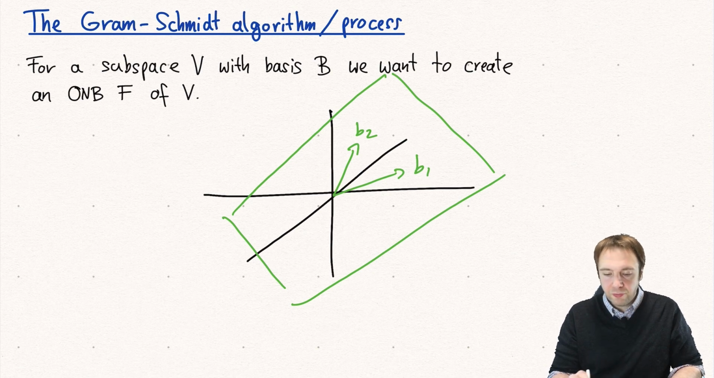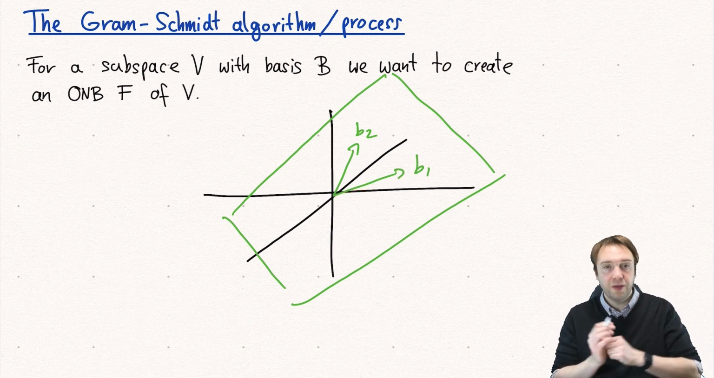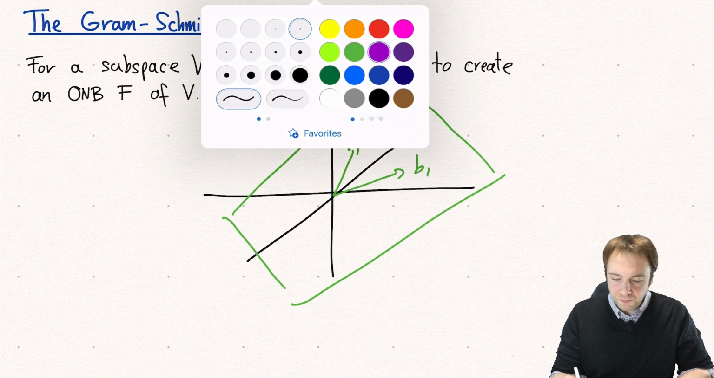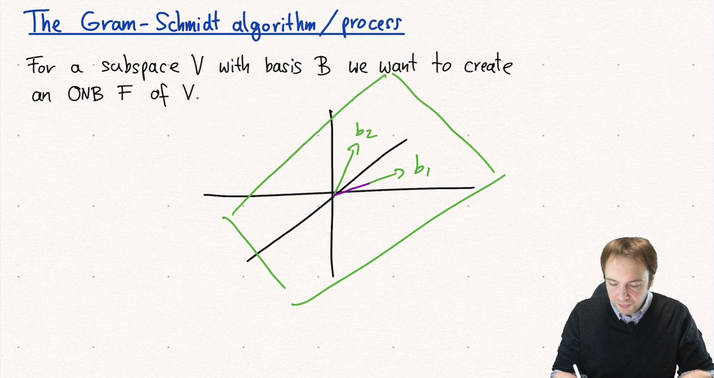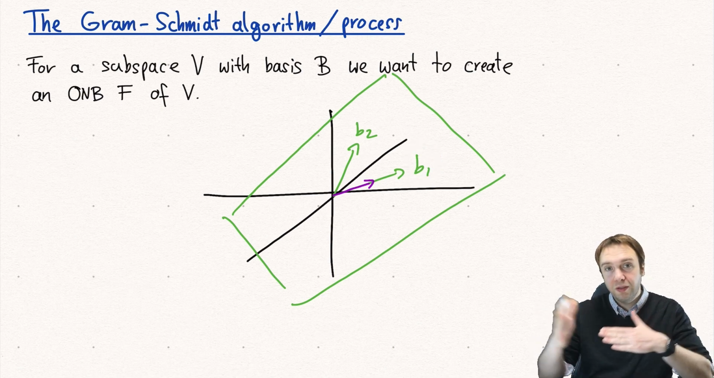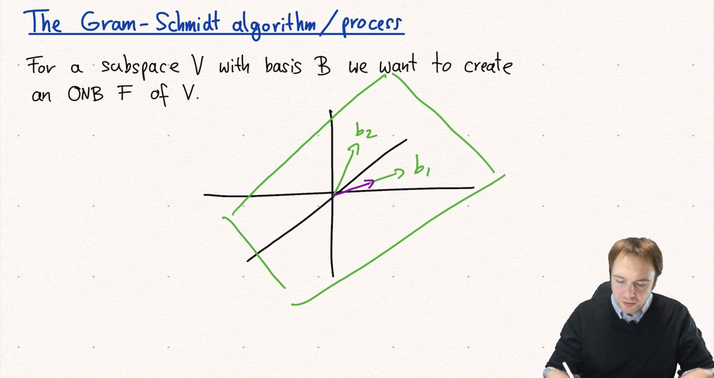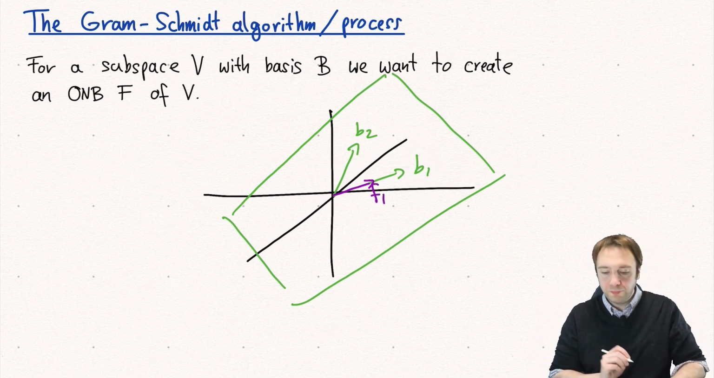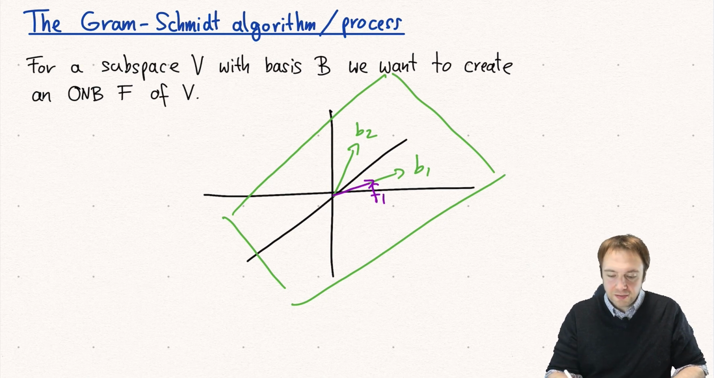But the idea will be that to create a new basis, we will start with the first basis vector B1. And because we want an orthonormal basis, we want to have that all of them have length 1. So the first basis vector will be the same vector as B1, but we normalize it to length 1. So this will be F1. And the second basis vector